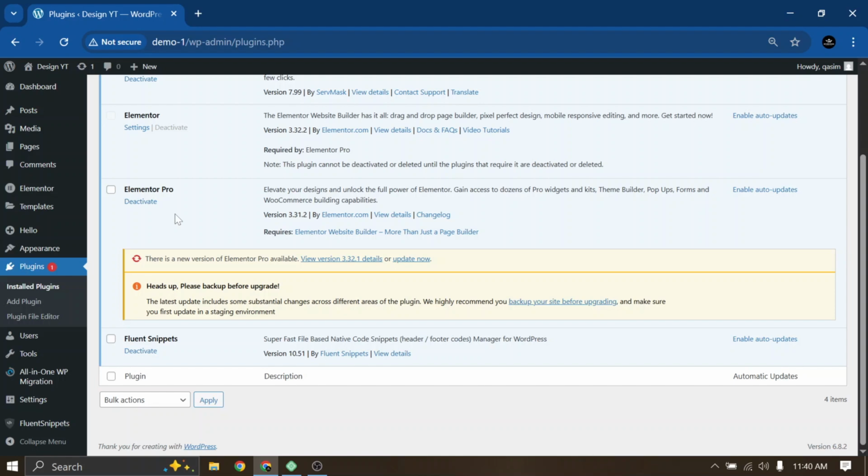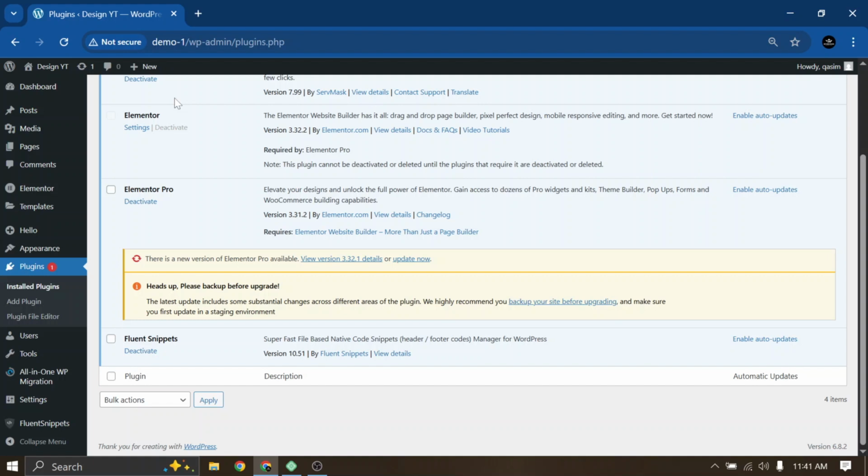But here is the most important thing you need to keep in mind. If you see here, I am right now on the demo 1. Once your migration is done, it will ask you to log in. That time you will use your site 1 username and password to log in. Let me explain again. Once your migration is done, let's say you have copied this site from here and you uploaded it on the second domain.